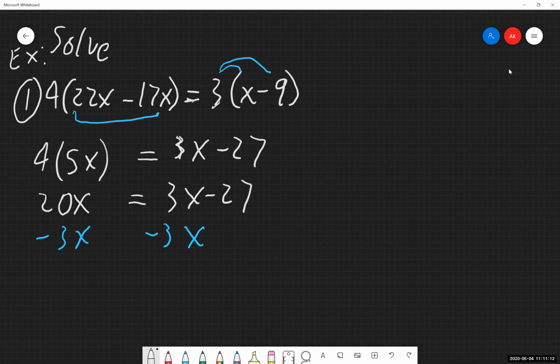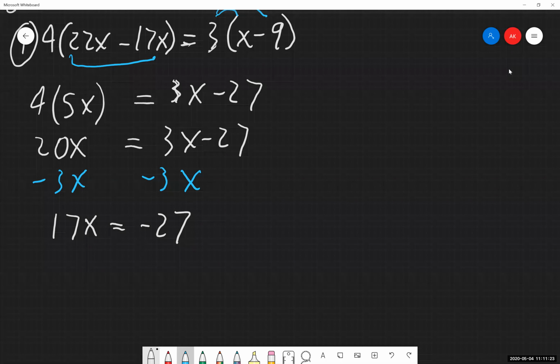So I'm subtracting 3x from both sides. Okay, 17x is equal to negative 27. And now I have all my variable terms on one side, which is good. Our next step would be to isolate the variable term on one side by eliminating all constant terms on that same side. So I have all of my x's over here. There are no constant terms on that side, so I can skip step 4 in the process. And now I can go to step 5, isolate the variable by multiplying or dividing by the value and sign attached to that variable.